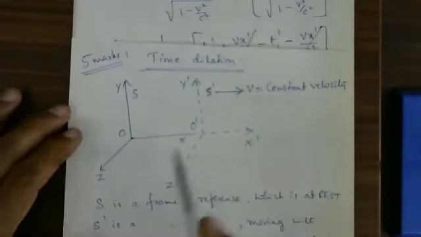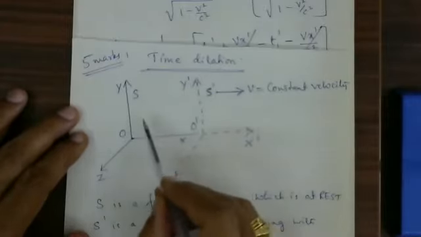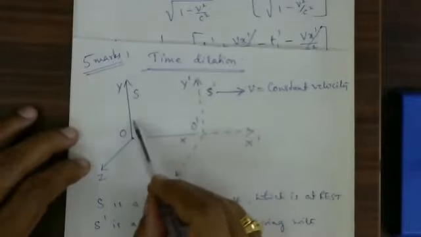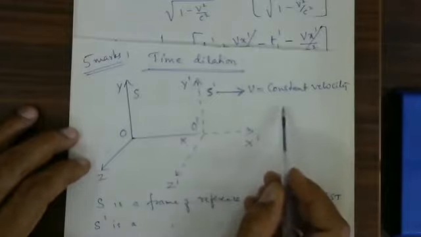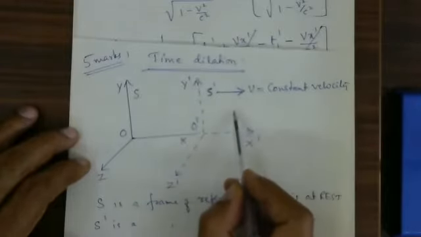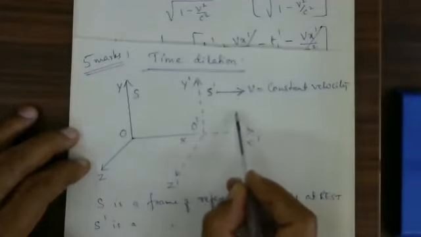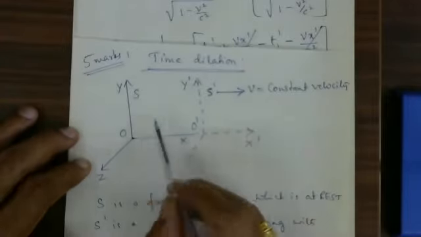I hope you understood. Let us consider you are setting the two watches to exactly the same time. If one watch is not moving and another watch is moving with a high speed, then this watch measures lesser time. It runs slower, or it is going to show a lesser value than that of this watch.